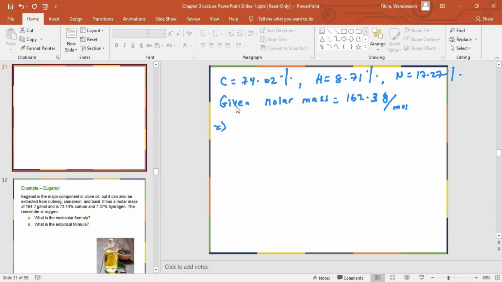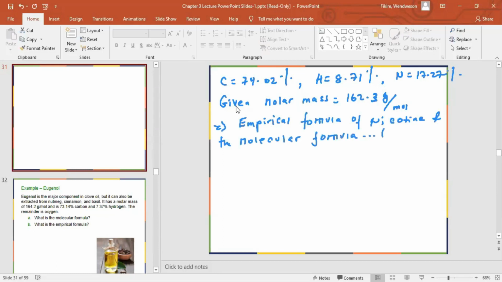Okay, so from this information, we are asked to determine the empirical formula, and also the molecular formula, of nicotine. So the first thing that we need to do is that we have to assume that